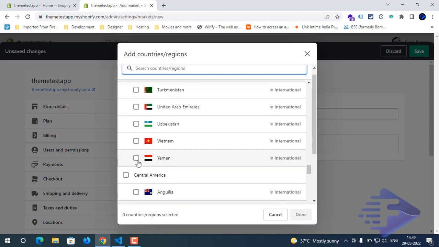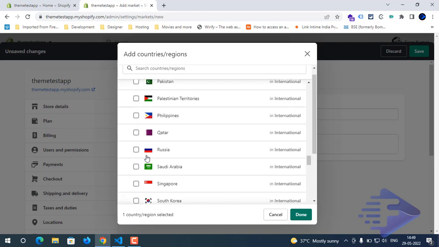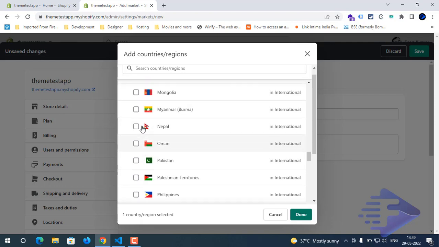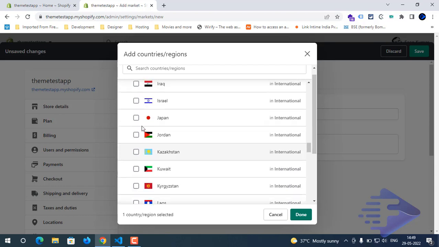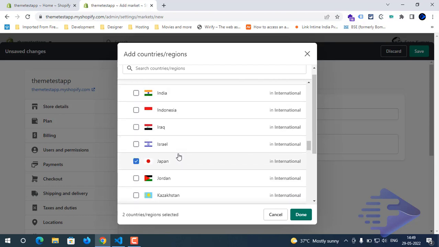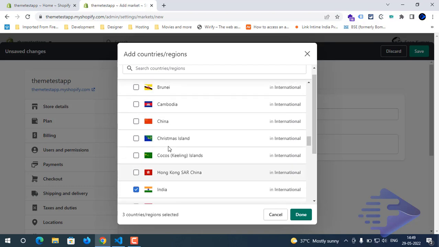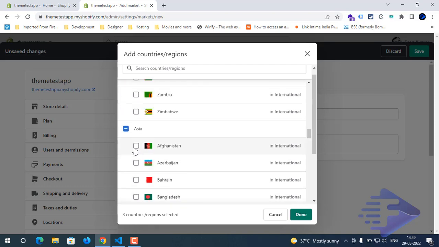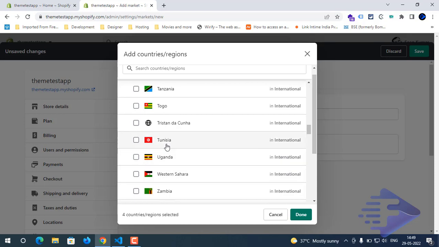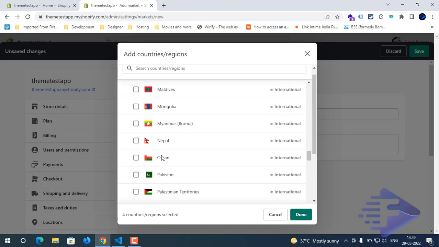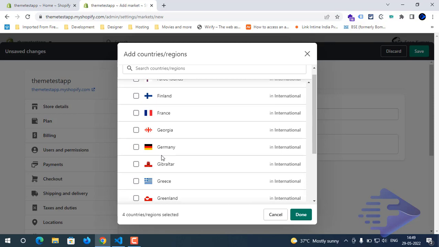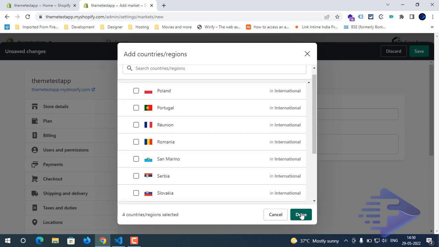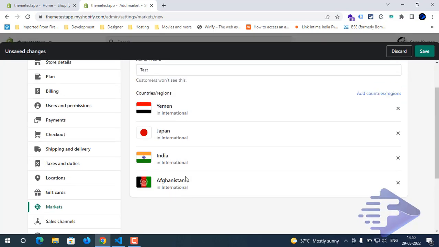Or we are going to select random ones from here. Japan also has a different currency. Afghanistan also has. I think that's good. So done. Right now we have four currencies. So if I click save,